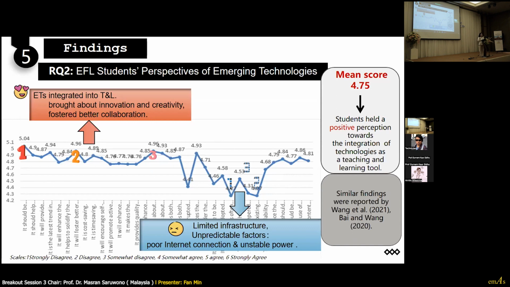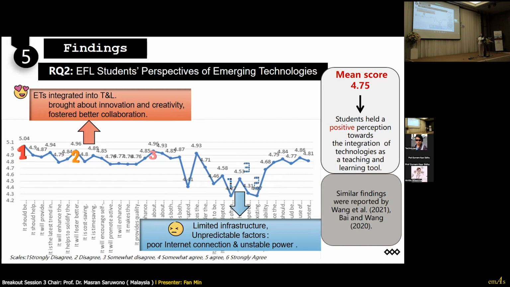Now look at the second research question, EFL students' perspective of emerging technology. We can see the average score for this part. The mean score is 4.75, indicating that students held a positive perception towards the integration of technology as a teaching and learning tool.